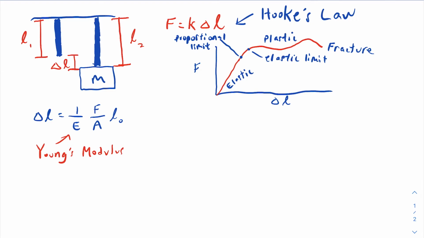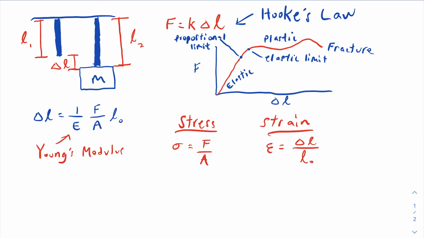The formulas for determining stress and strain are actually very simple. Stress can be represented by the lowercase Greek letter sigma, and is simply just the applied force divided by the cross-sectional area. Strain can be represented by lowercase epsilon, and is simply just the change in length divided by the initial length. If you solve the delta L equation for Young's modulus, you would see that Young's modulus is just simply stress